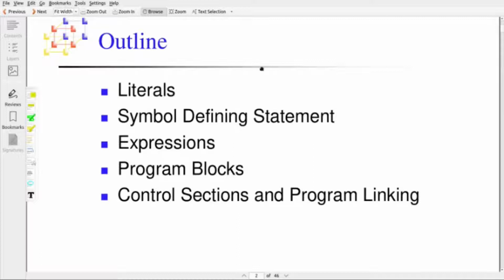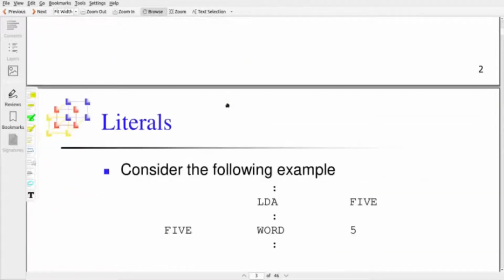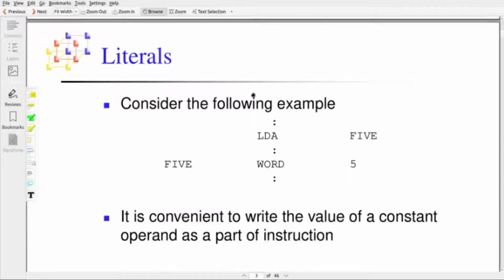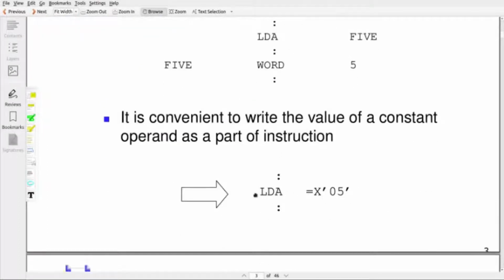First one is literals. A literal is the value of a constant operand given as part of an instruction. In an assembler program, we write the constant value as a string like LDA X'05'. Load accumulator, the hexadecimal value 05 is the meaning. X'05' is a literal.